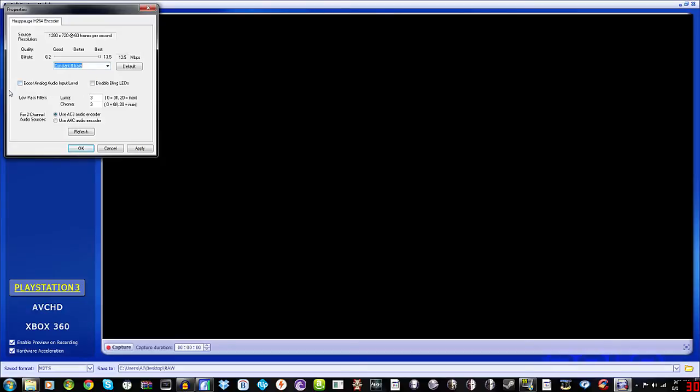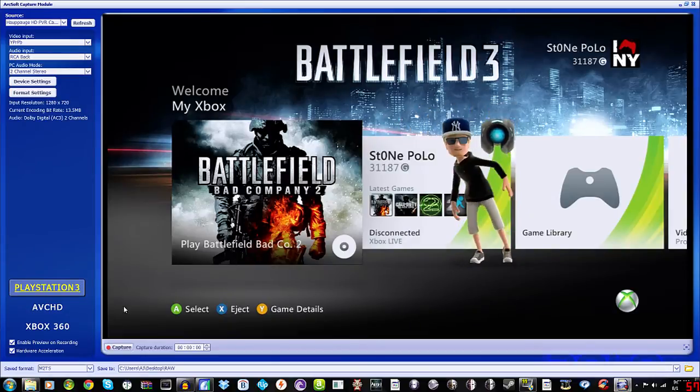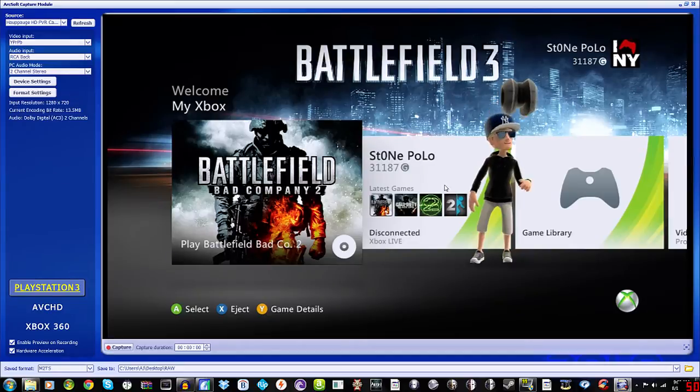Boost analog, disable bling LEDs, uncheck luma and chroma at 3, and then, alright, for 2-channel audio, use AC3. If you use AAC, your video will not have audio, so use AC3, and then apply and OK, and now your picture comes back. Yay! Alright, now down here I've got it set on PlayStation 3, even though this is clearly Xbox 360, and